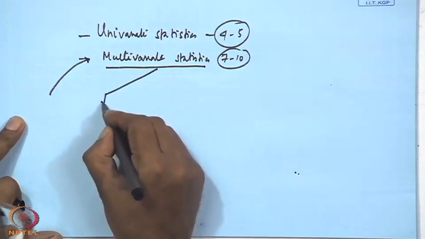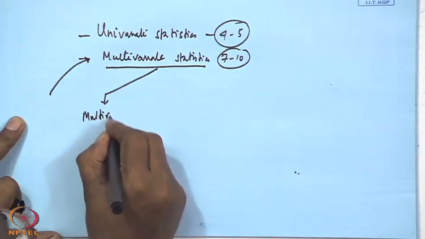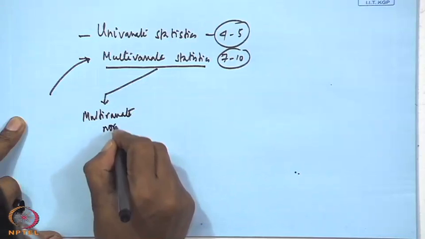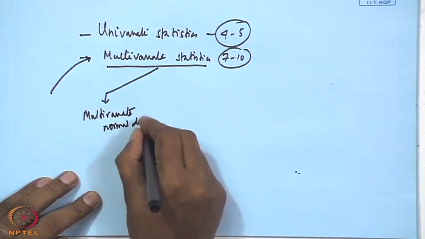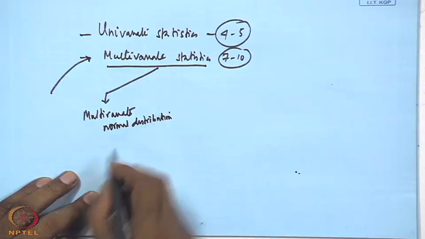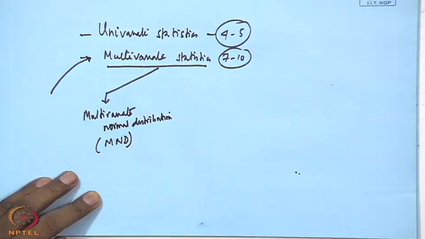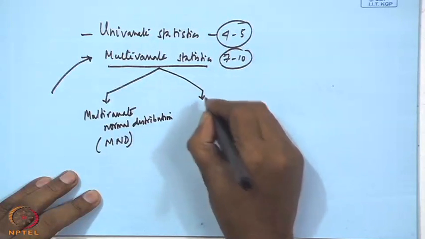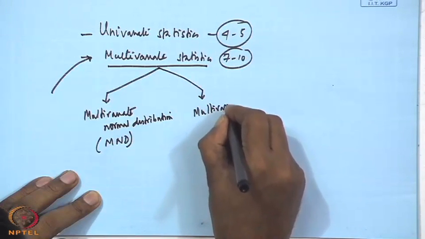What are those models, why these, where these models are coming from, what is the utility of the models, we will say many things and you will not be able to explain. So, the backbone for all those multivariate models I have shown you just a few minutes back is multivariate statistics. Under multivariate statistics there will be the multivariate normal distribution, which we will be denoting as MND, and followed by that will be multivariate descriptive statistics,